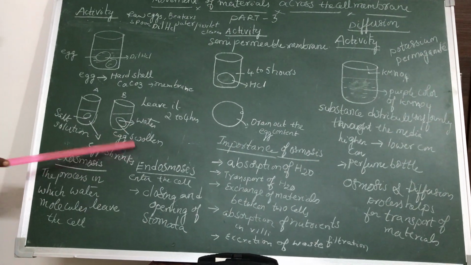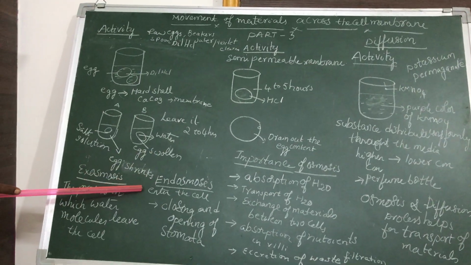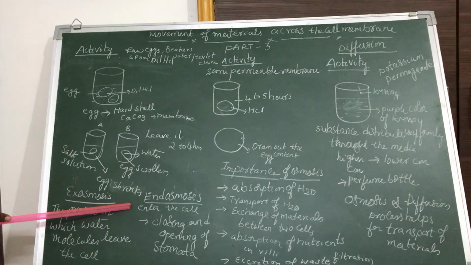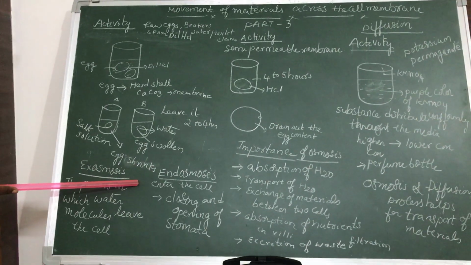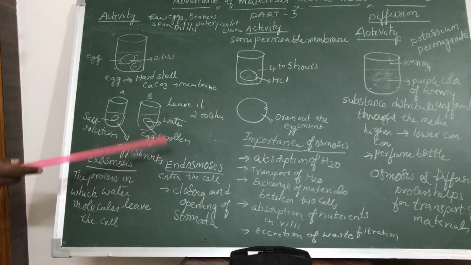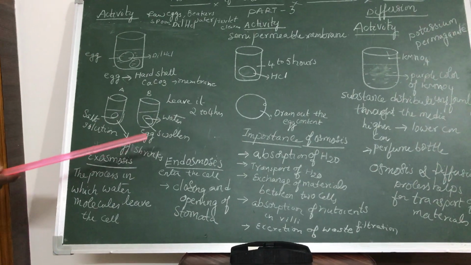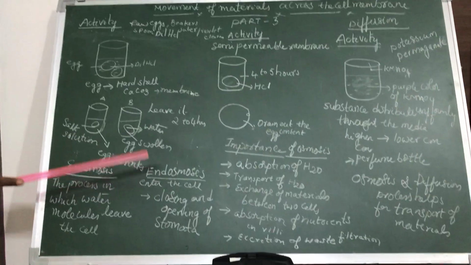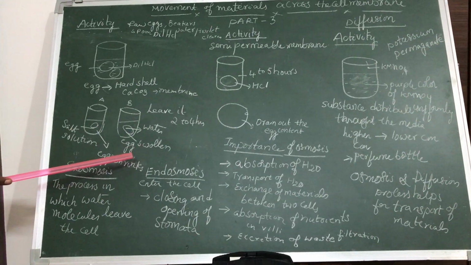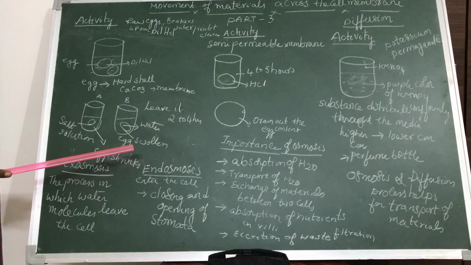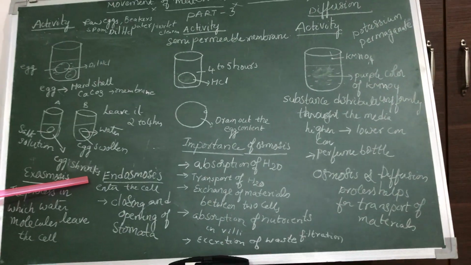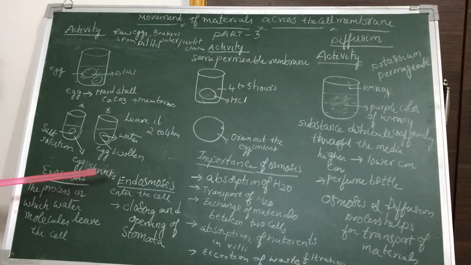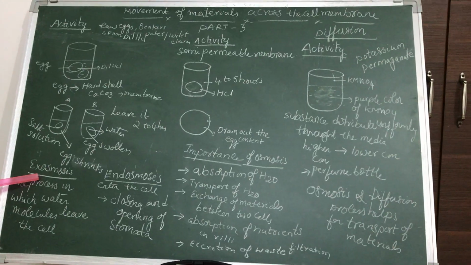You have seen this in day-to-day life. When vegetables and flowers are dry, your mom used to keep them in a beaker of water or in a trough of water so that they came back to the normal position. Why do they come back to the normal position? Because of endoosmosis. The water molecules enter into the cells of leaves and flowers and they blossom. What do we call this process? Endoosmosis.